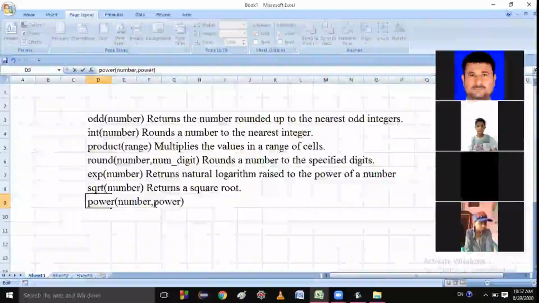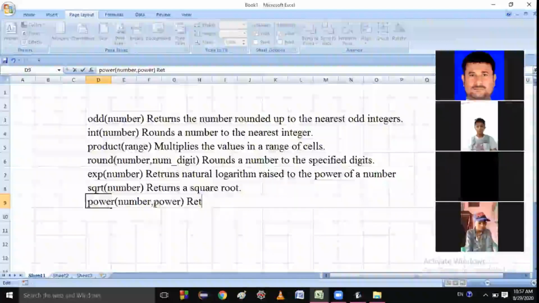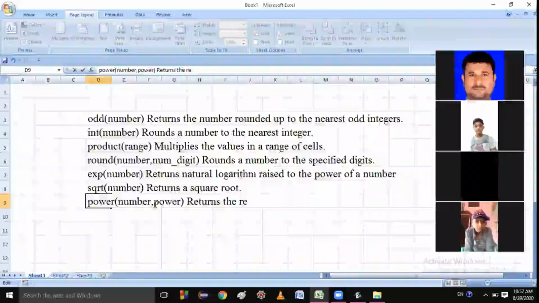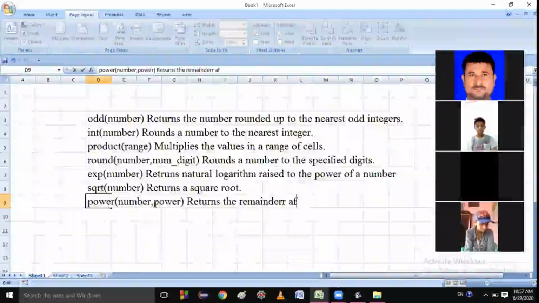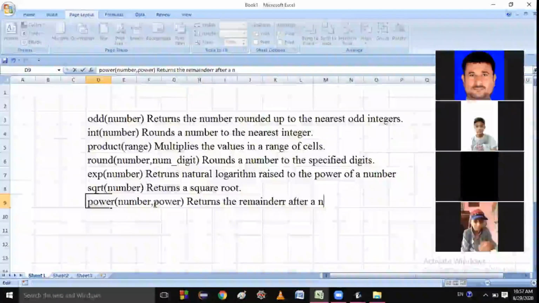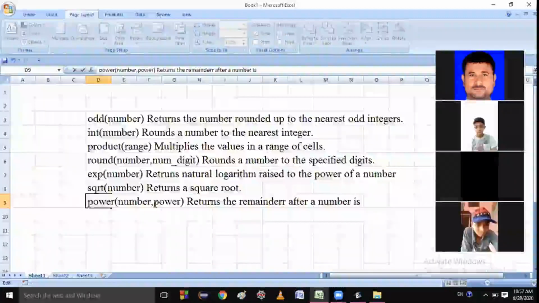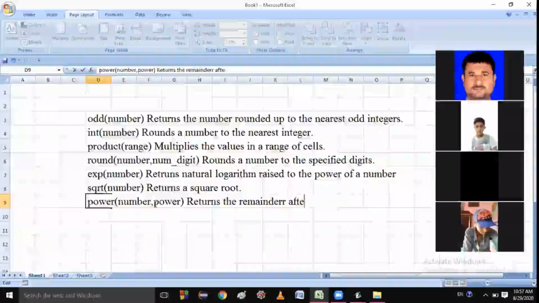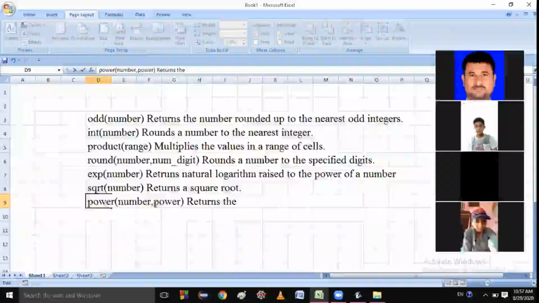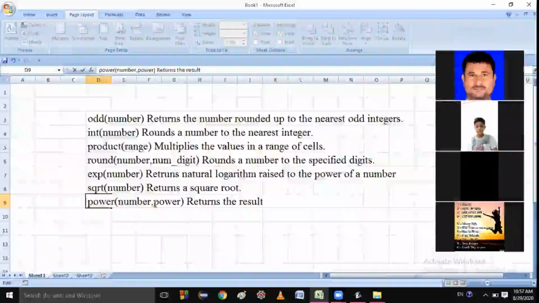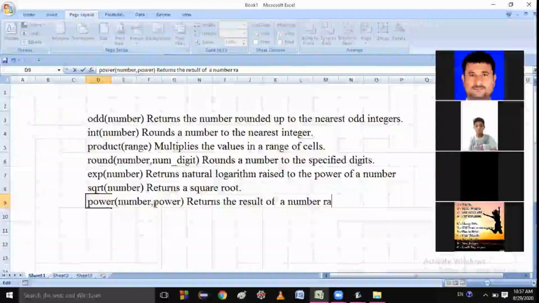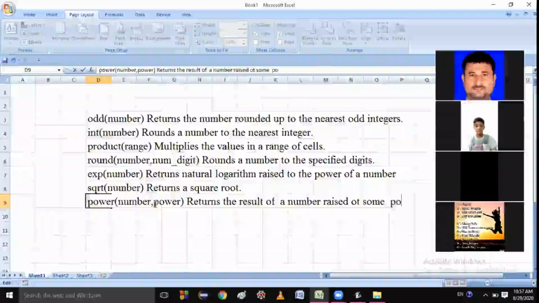It returns the result of a number raised to some power.